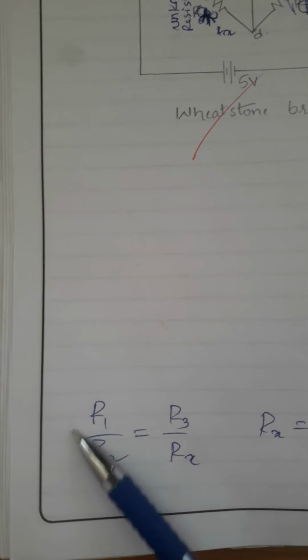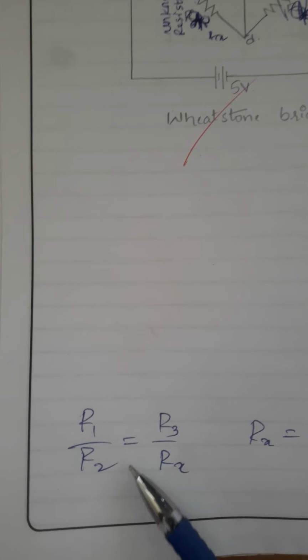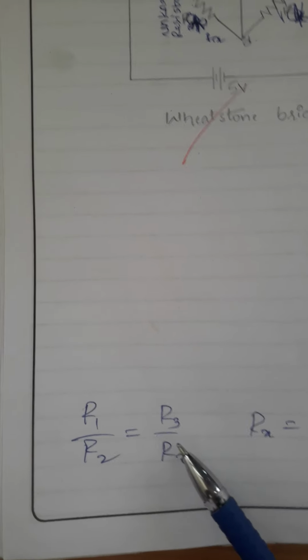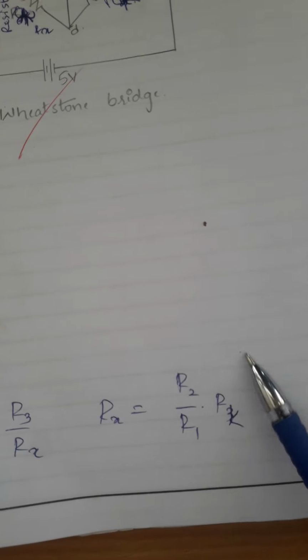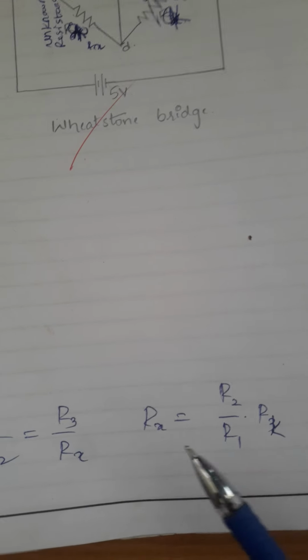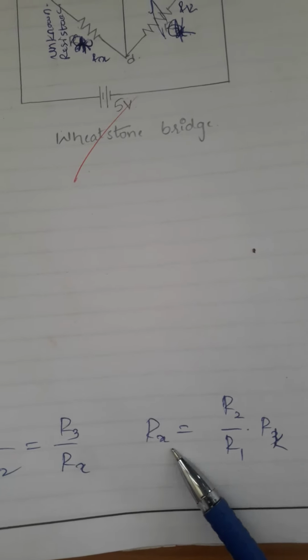When does this hold? When the circuit is balanced, when the bridge is balanced. So rewrite this equation in this form to find the value of Rx, when you get the voltage V equal to 0. So make the voltage V equal to 0 by adjusting the value of Rk.